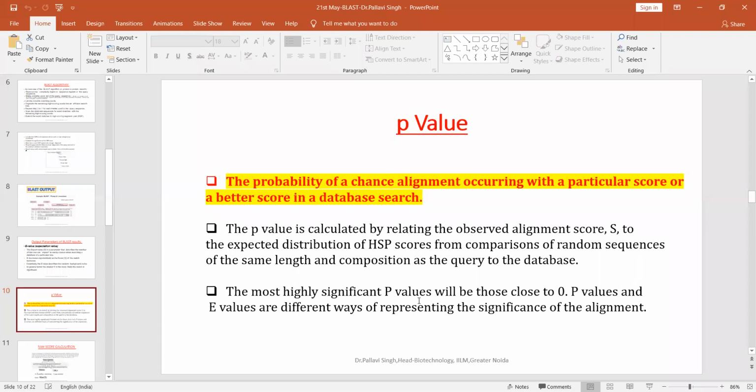So both these values, E value and P value, should be lower. E value was telling me the chance of getting random hits in the alignment process, and P value is telling me the chance of getting a particular score based on that chance alignment. So both these values are basically a measure of the noise in the system, and we want them to be as low as possible.